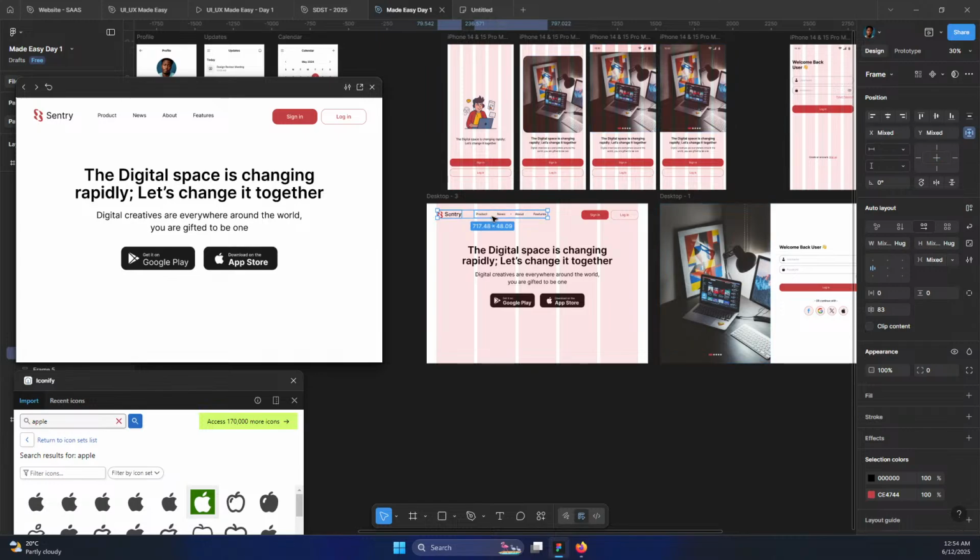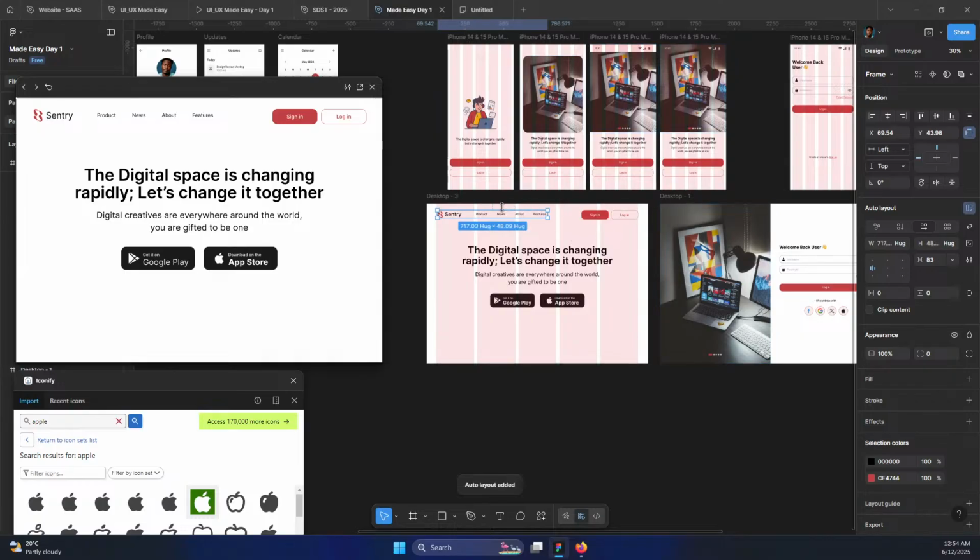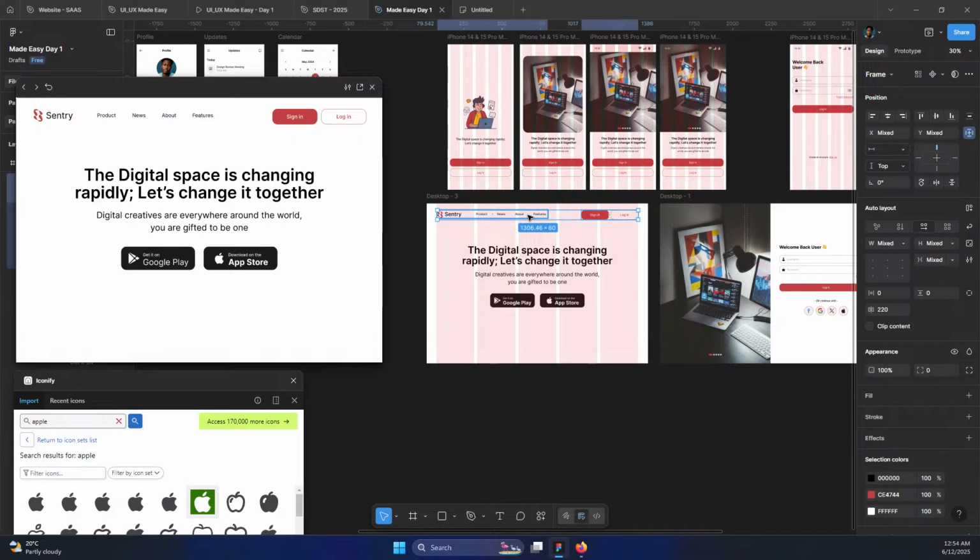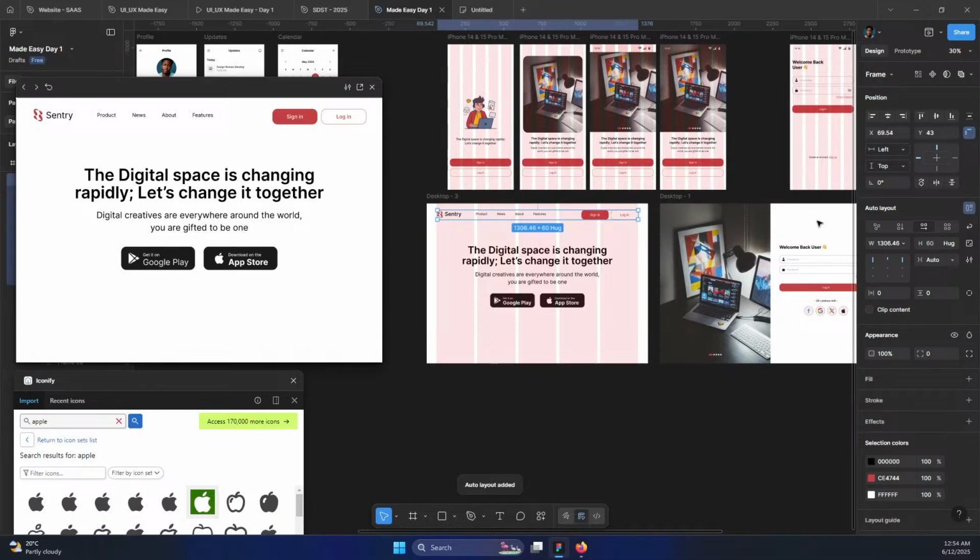So select those two because those two are actually going to be on the left side a bit. You press Shift A and then you select the last one and this one. Then you now press Shift A again, and everything will now be on the auto layout panel. It's going to be on top. So that's your header. Okay, and you have your hero section right here,